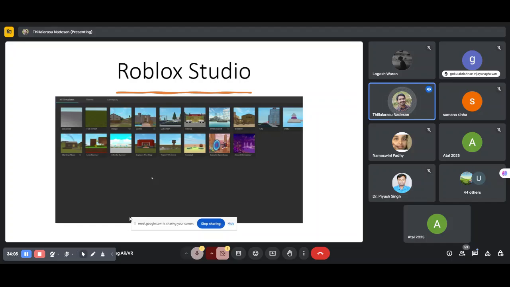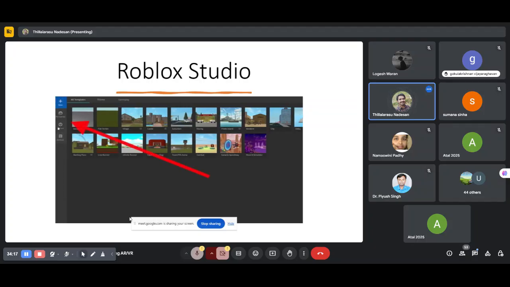But for the purposes of this tutorial, guys, I'm only going to be using the base plate template here. This is just basically plain, barren, sort of nothingness, essentially. There are also a few different buttons here, but I'll let you guys explore those on your own. I'm just going to click on this base plate button here and open up our very first game.